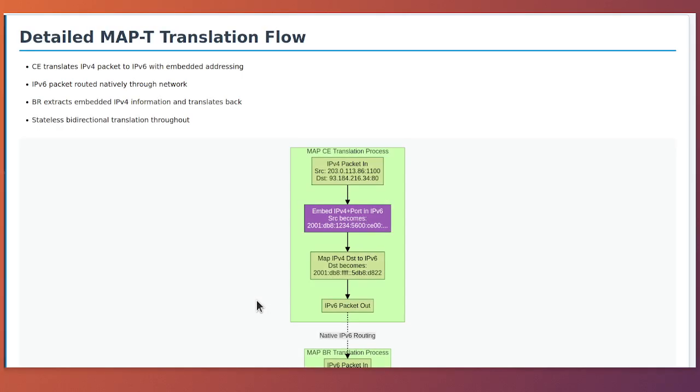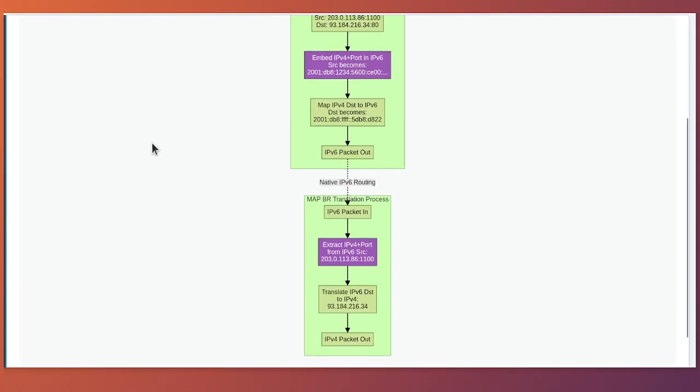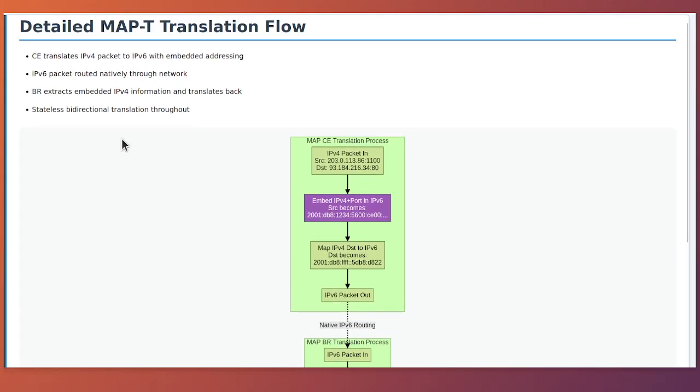Packet processing in MAP-T. MAP-T packet processing is more complex due to the stateless translation requirements. Let's follow the same scenario as before, but with MAP-T translation instead of encapsulation. The customer has the same IPv6 prefix 2001:DB8:1234:5600::/56, derives the same IPv4 address